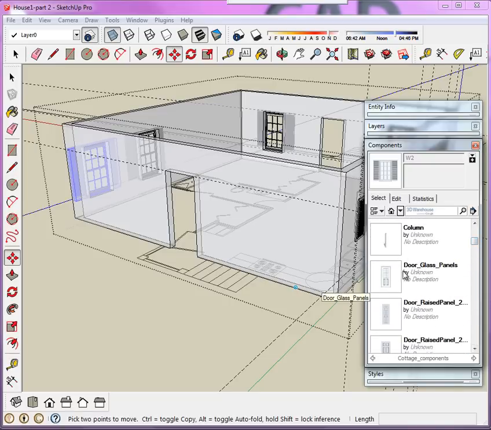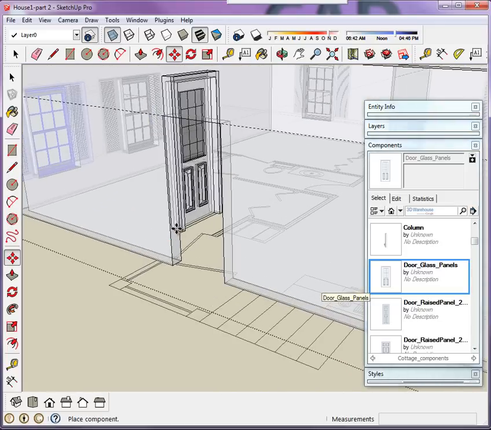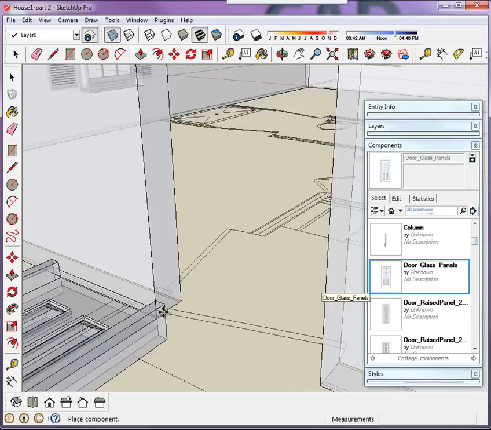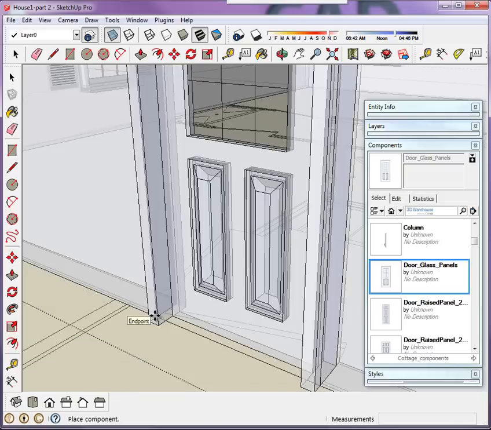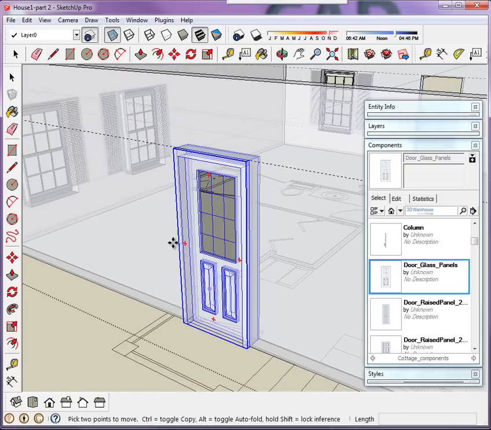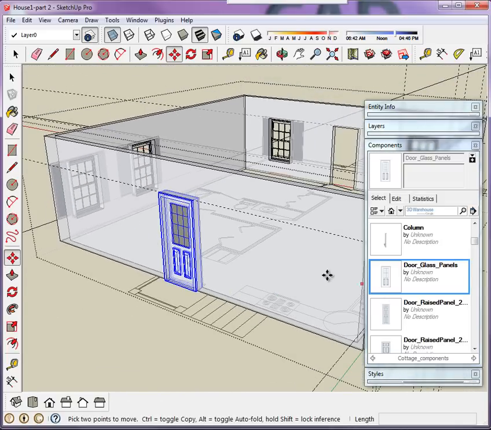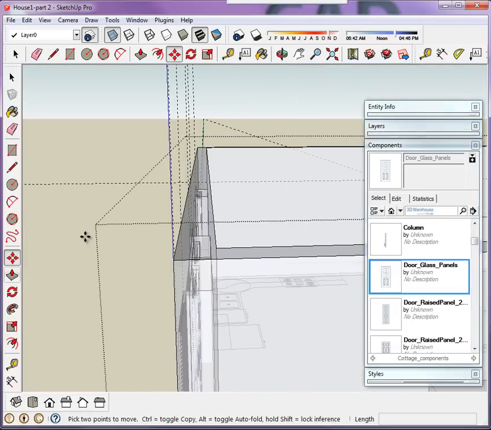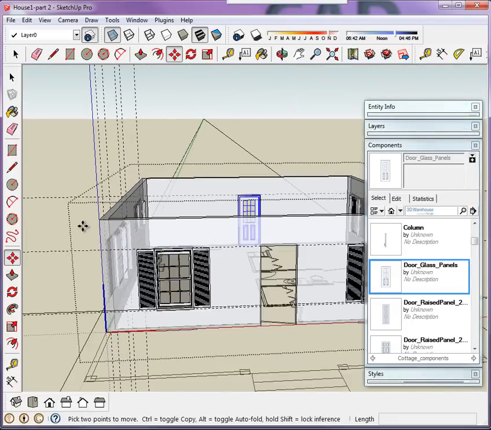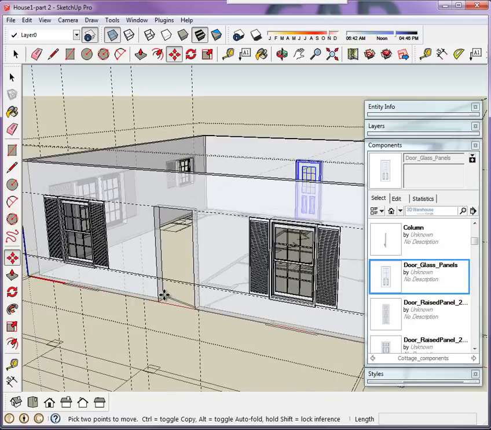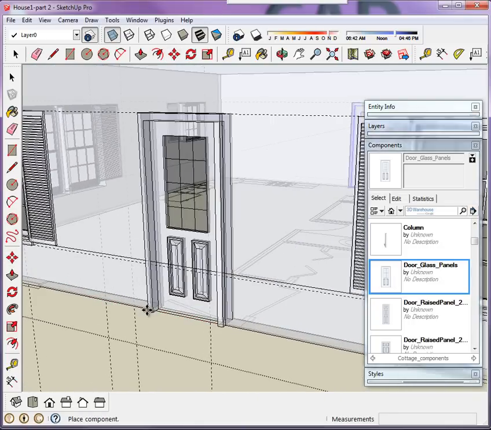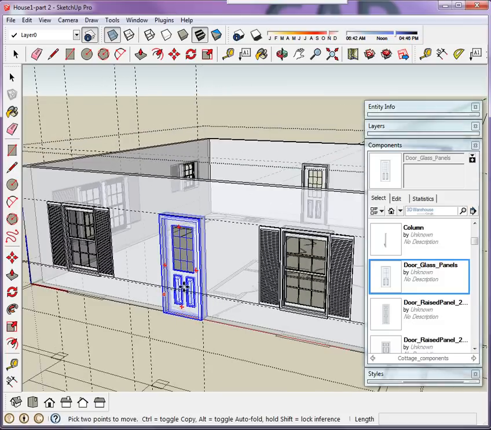Let's see, here's the door glass panels. We'll just use the same door for the front and the back. All right, later we'll have some discussion about how we can customize our door designs. Here's the front. And then what you should do, once you have all your components in there, you can see